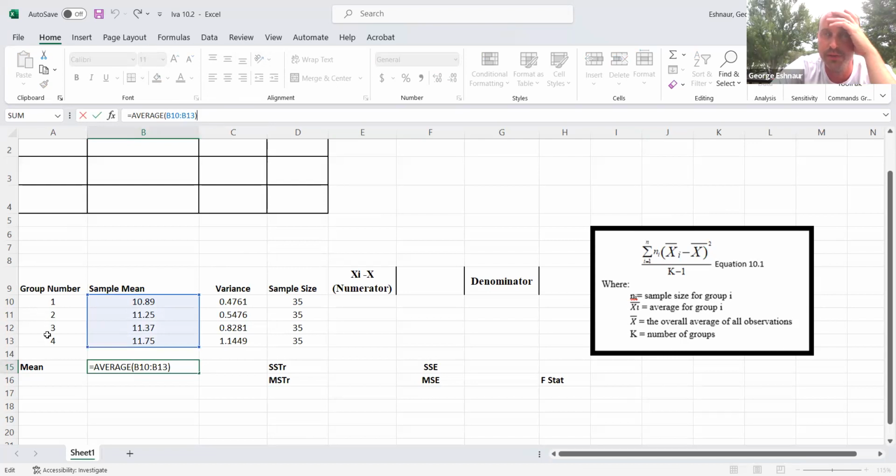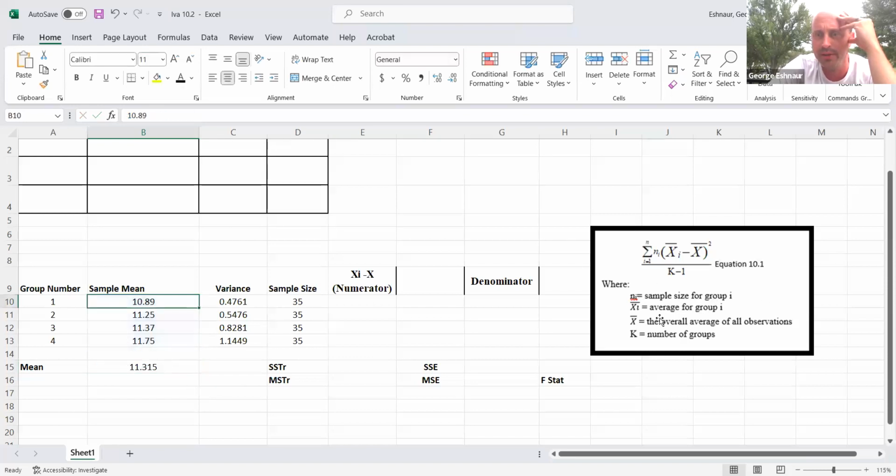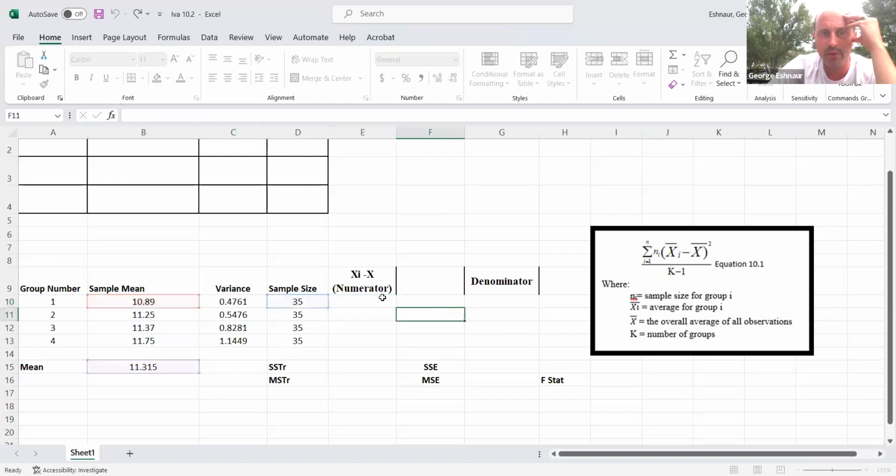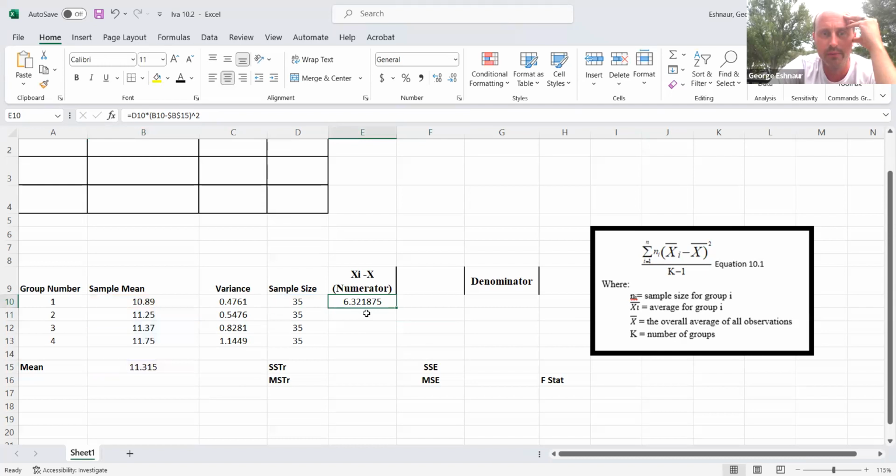Okay. We got group 1, 2, 3, and 4. Each one was provided with a sample mean, and then we need to get the group mean, which is identified here. Okay. Average for group 1, which would be this, minus the overall average of our observations, which would be our 11.315. Okay. So what I went ahead and did is let me put my formula in here